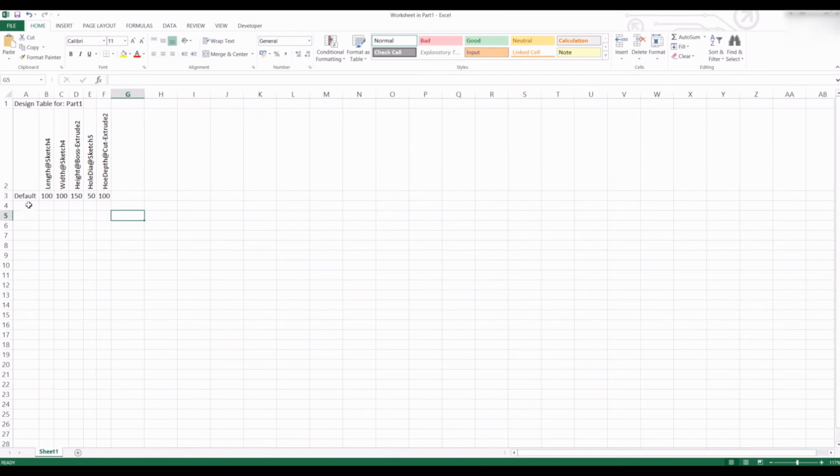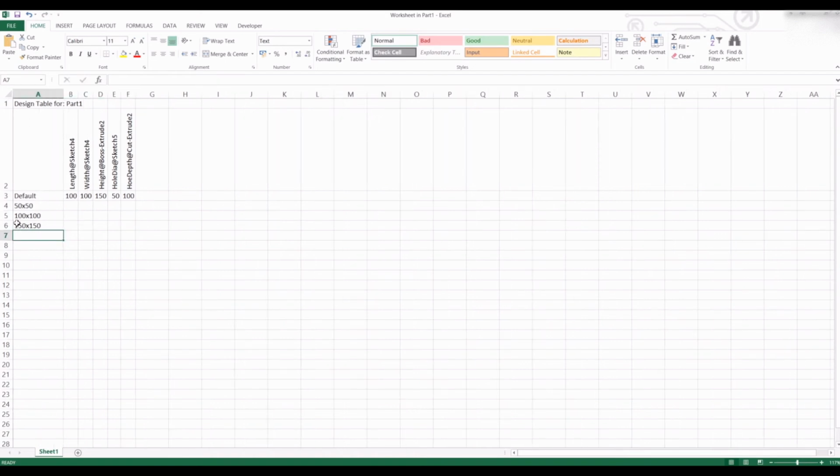So now I can put different size blocks in. So I'm going to do 50 by 50, 100 by 100, which is what we've got now. 150 by 150. Just make it a bit bigger so you can see. And 200 by 500, let's say. So now all I have to do to make these multiple parts of all different sizes is add my own default